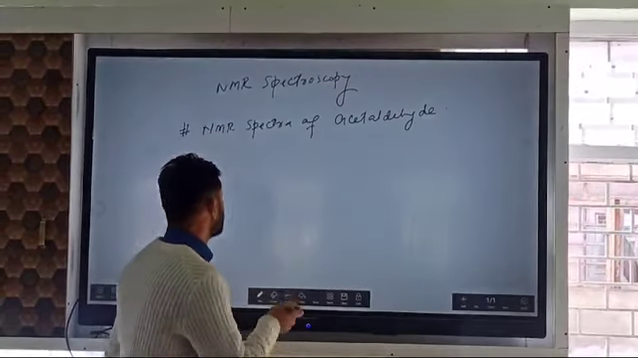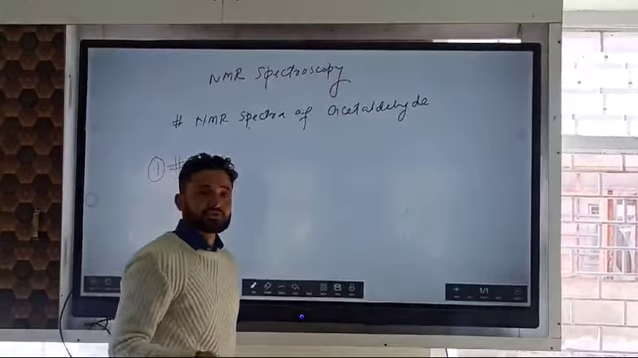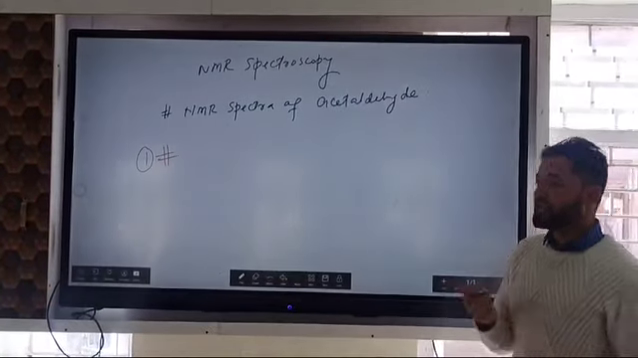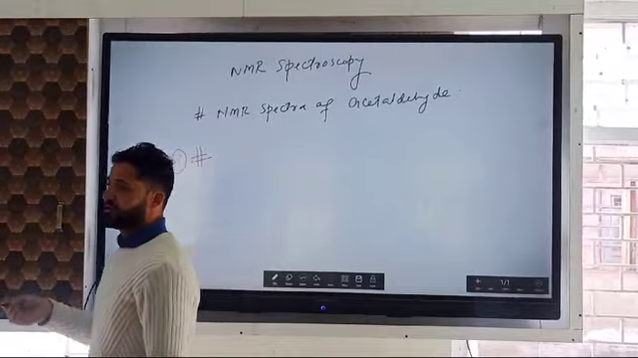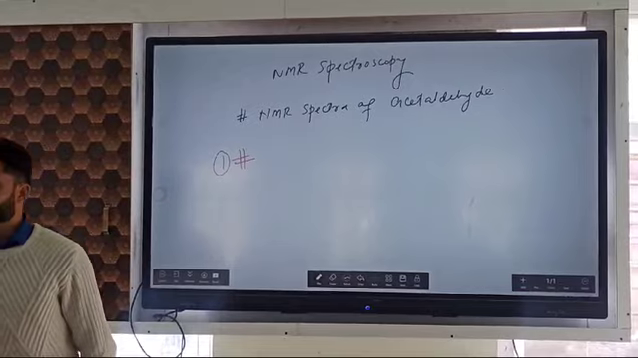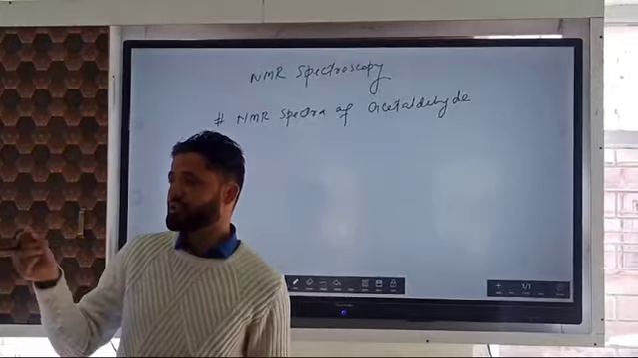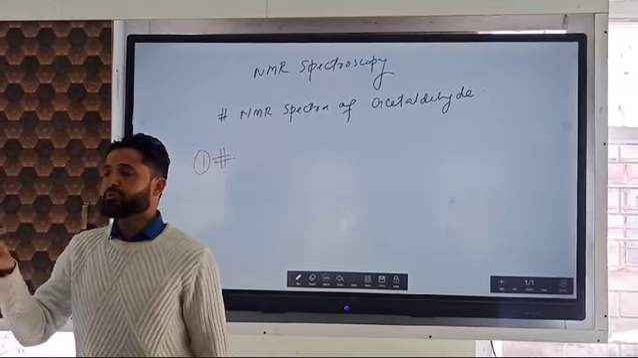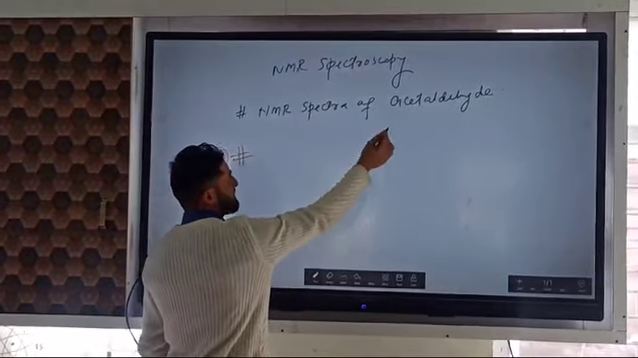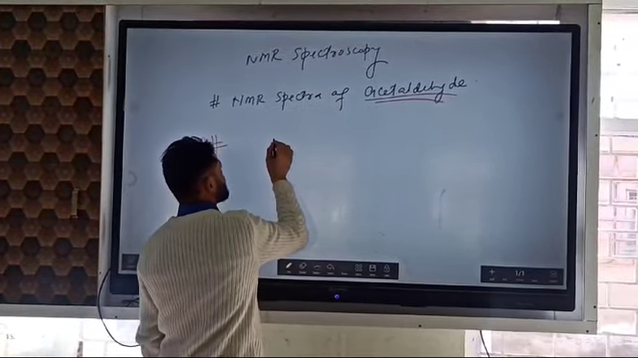So basically, for the NMR approach to acetaldehyde, you should know certain things. The first thing is that you should know the structure of the given compound. If you know the structure, then you will be able to determine the NMR spectra of your organic compound. So the structure is the backbone of your NMR spectra. If you only know the name, you won't be able to determine your NMR spectra. So for determining NMR spectra, you should know the structure, the chemical formula of acetaldehyde, which is nothing